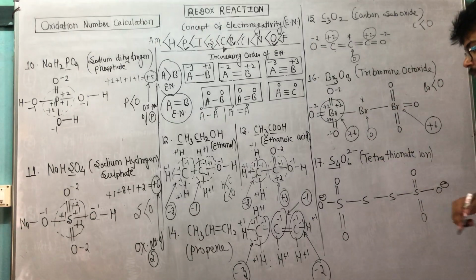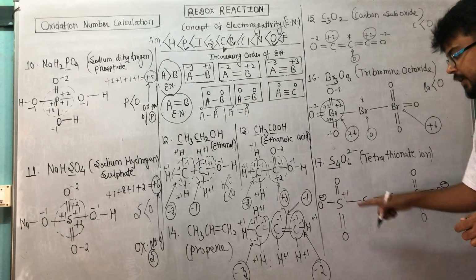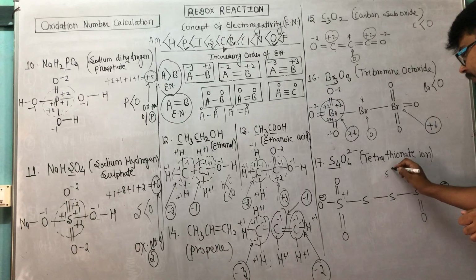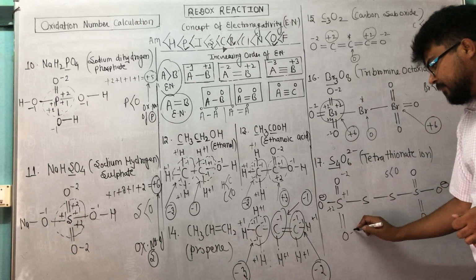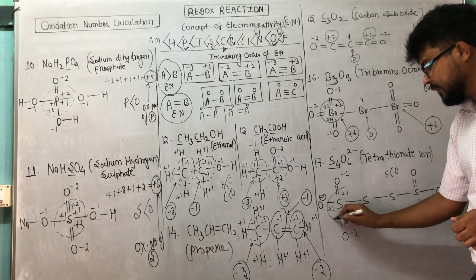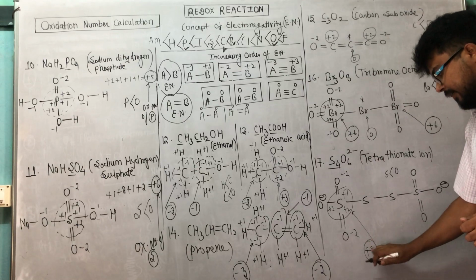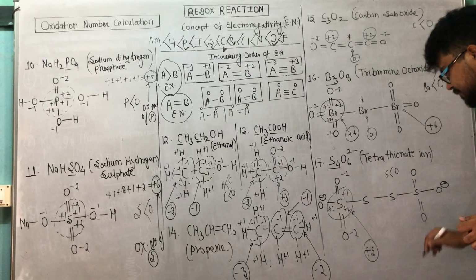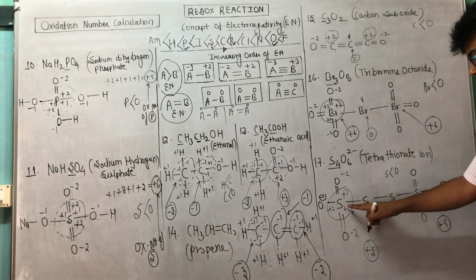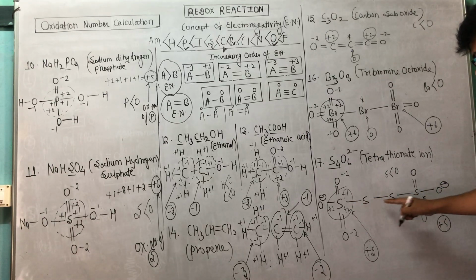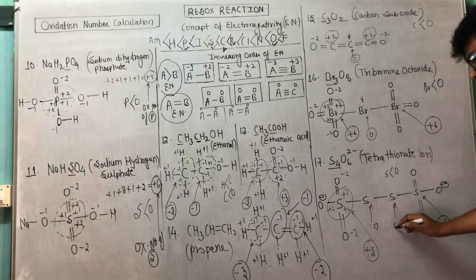Similarly, S4O6 2 minus, already -1 charge, so it will be +1. Sulfur is less electronegative than oxygen, so -2, +2, -2, +2. The answer is how much? It is +5. Getting me? It will be +5. Same for this sulfur. It will be +5. There is no contribution, no contribution, no contribution, which means for this sulfur 0, for this sulfur 0.